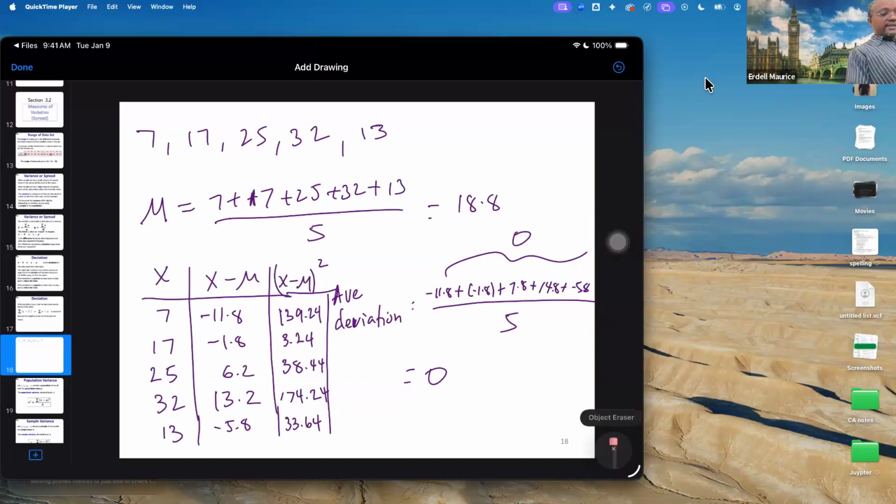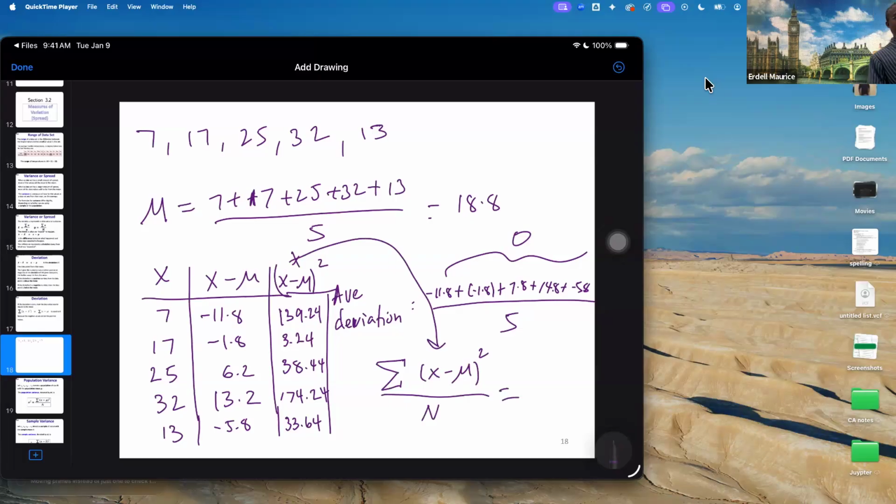So let me write this down in mathematical notation right here. This symbol means to sum or to add up. So add up all of the squared deviations, right? I'm using this column right here. So I'm adding these numbers up. And then after I get that answer, I divide it by 5, which is n, the number of numbers. And the answer is,